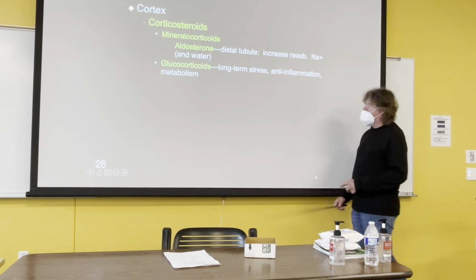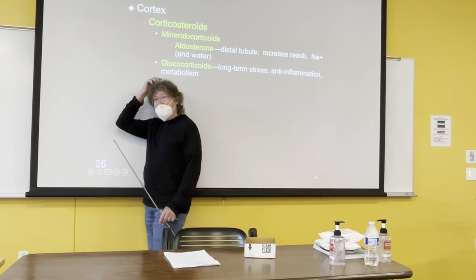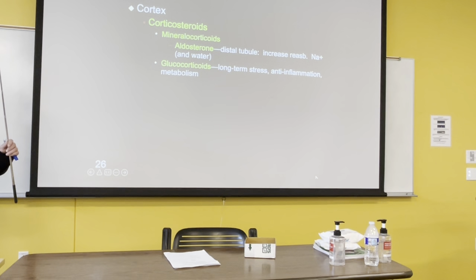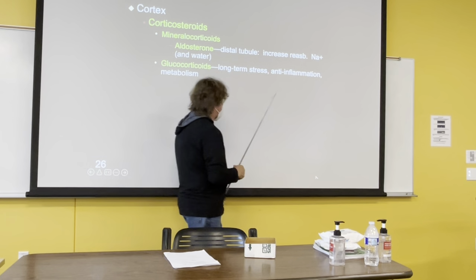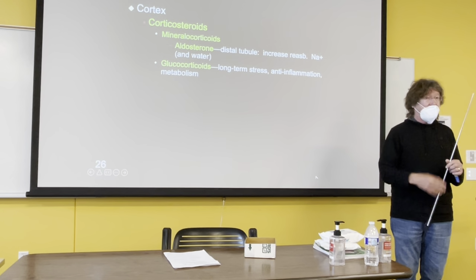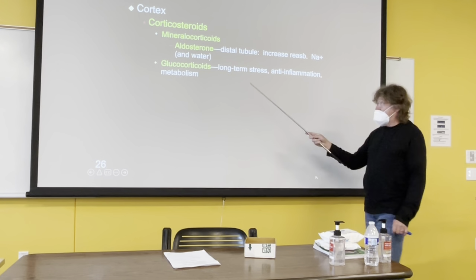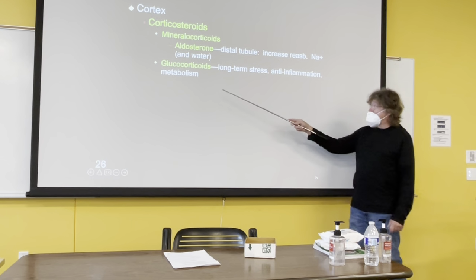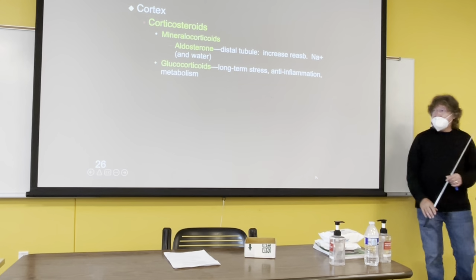These are glucocorticoids. Some of them are long-term stress hormones, okay? And as I said, these are classes because there are quite a few of them. I just want to talk about one particular type of glucocorticoid. Some of these are anti-inflammatory. In fact, if you're having inflammation, a lot of times that is chronic, they often will give you shots of steroids. These are glucocorticoids because they do reduce inflammation, but they're also related to metabolism, right? So one of these I'd like to put out, okay, I'll come to that in a moment, is